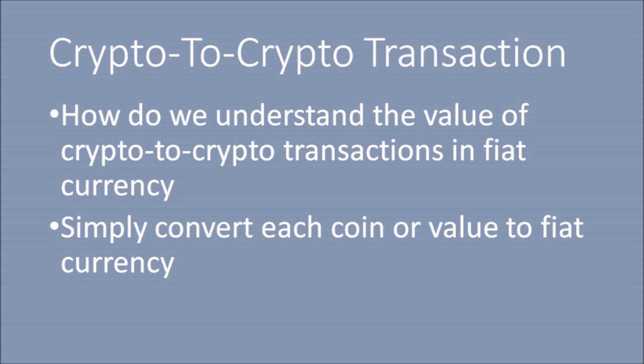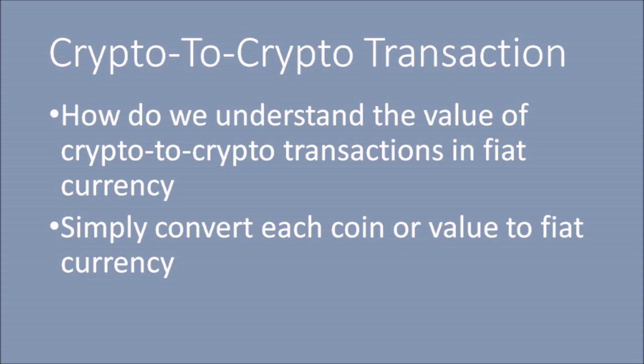So for instance, if you bought one Bitcoin and traded it into 10 Ethereum, for example, that would be counted as a crypto to crypto transaction because there is no fiat currency involved. Now, we're gonna just go through the basics now and get into the nitty-gritty of it a bit later in today's video. But how do we understand the value of crypto to crypto transactions